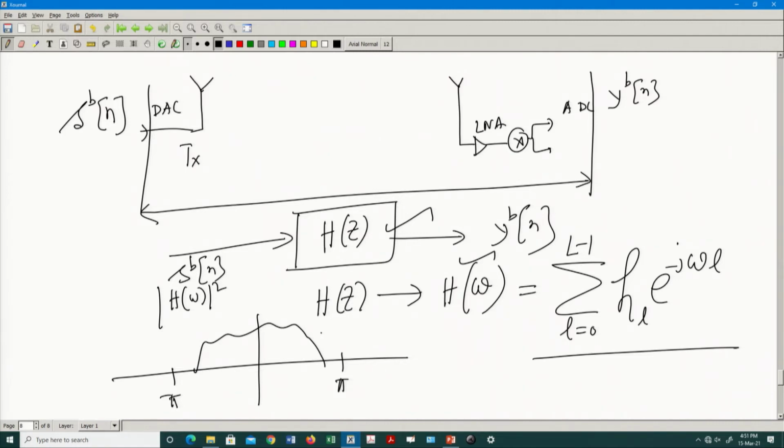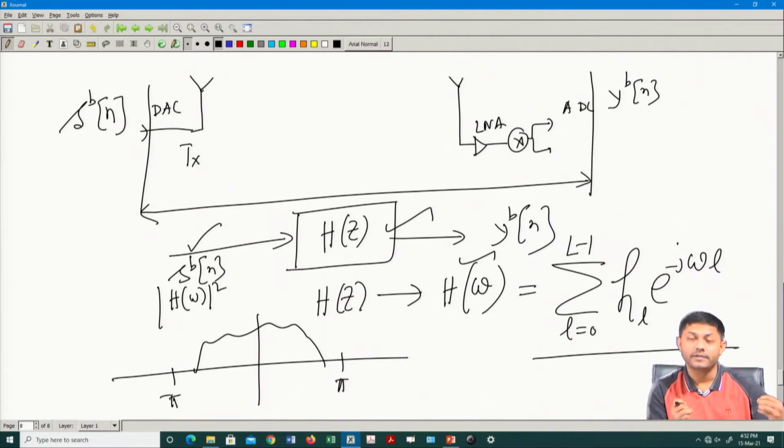Now, you have a problem. What is the problem? The problem is that you already have one spectrum from your transmitter side. Why? Because you have a DAC. So, the DAC has a sampling rate, which means that you have certain power and certain bandwidth of your transmitted signal that gets transmitted through this channel, and finally you are receiving that. So, the effective bandwidth will be a combination of your channel as well as your input data.